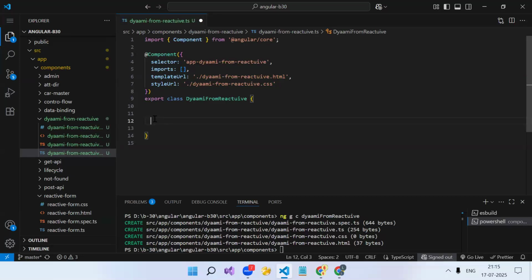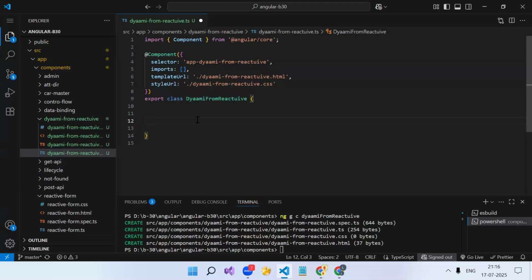But whenever we work on a proper enterprise level application, every project will have a rule that for your .ts files, either your service or component or anything, the maximum number of lines is decided. If your lines exceed that, you will get an error. All that we can set in Prettier or in VS Code settings. So if your component is growing more, having more code than that, we have to minimize that code. The code which we can move to the service, we move. If we are not able to move it to the service, again we have to divide that whole component into smaller components. But every component should have only that number of lines. We cannot grow the number of lines after that.